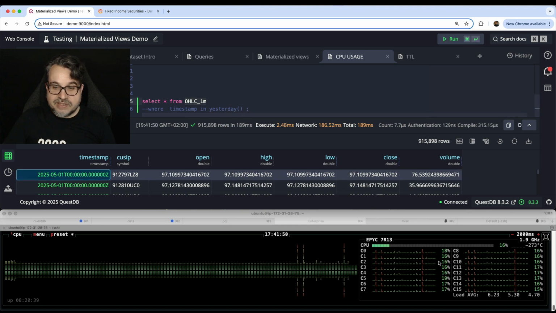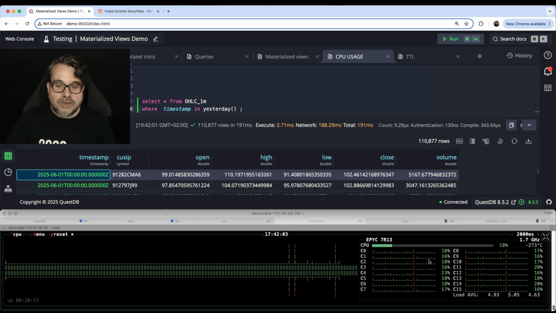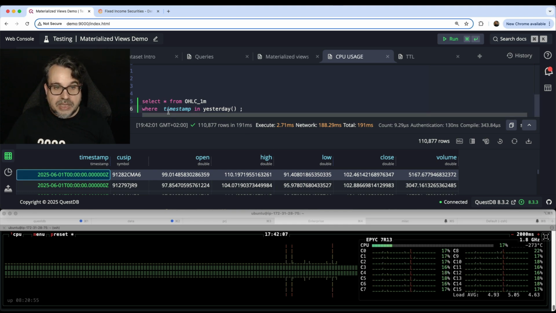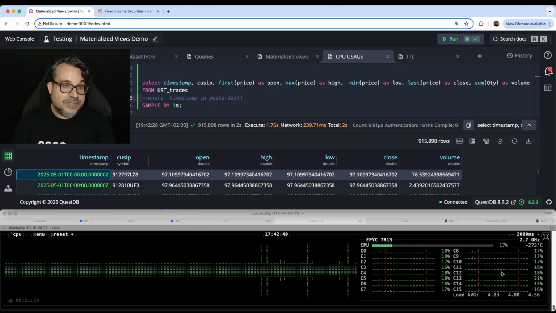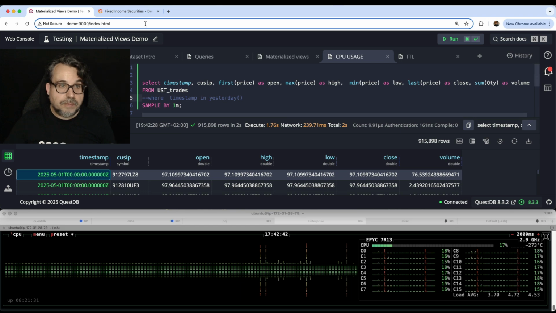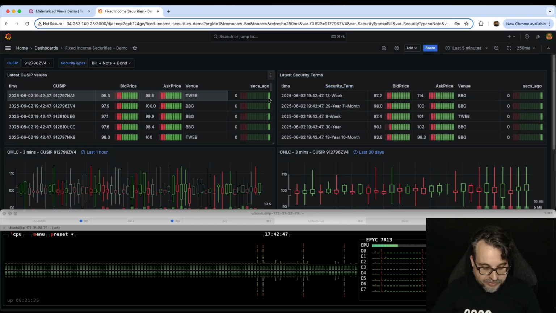And if you look at the CPUs, there is no difference. I mean, the CPUs don't have to do anything. Yeah, it's a 1% increase on the CPU, but you don't notice. That's pretty much the thing. It's only one CPU temporarily using slightly more power. Even when I'm checking for yesterday, you cannot really see anything happening here in the CPUs. So with the same machine, you can run much more queries and they also return way faster.